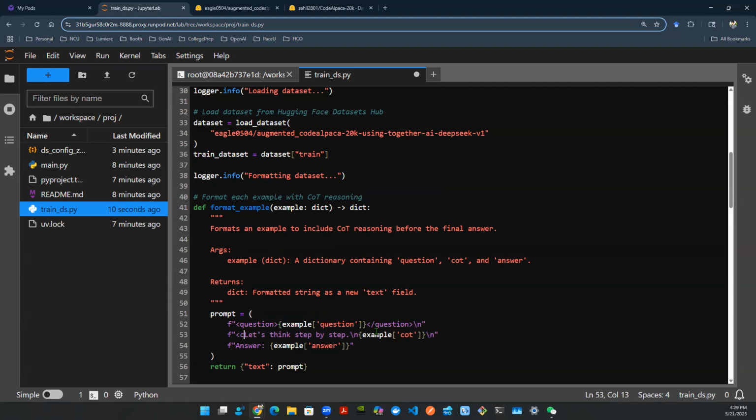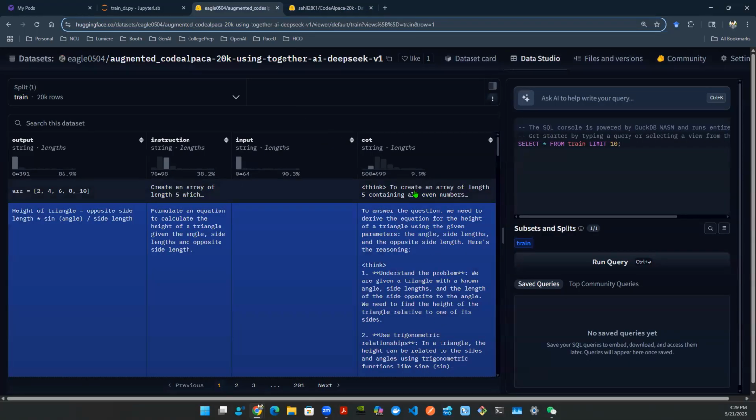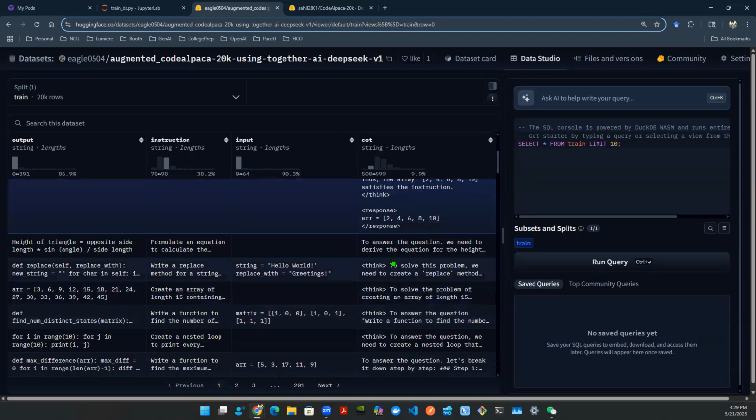The middle is going to be think. So I'm going to make sure that the think is kosher. I'm going to do think tag. And then in the end is obviously going to be answer or response. Let me just make sure I have the correct tag for myself. Let's see, what did I have? I believe I have a